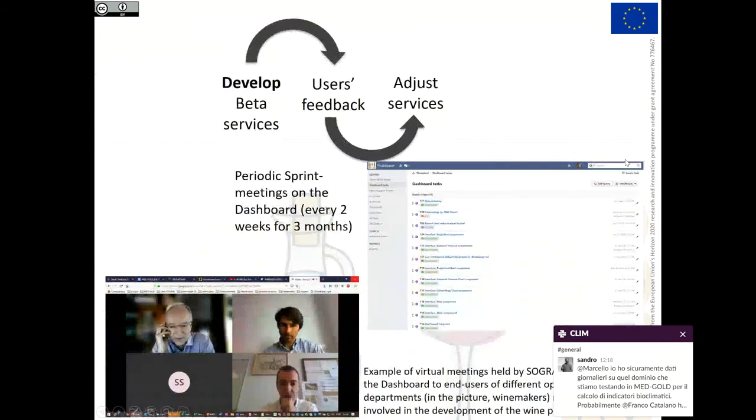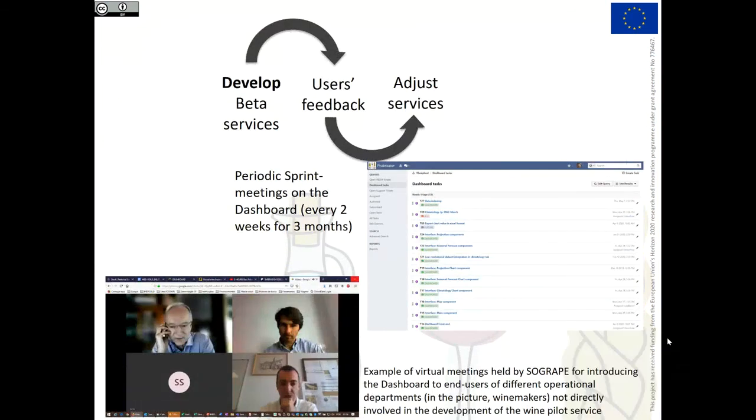And for sure, the work is not ended, but now we have had a number of meetings to present this service, and in particular the dashboard, to the users in order to obtain feedback to further improve the usability and possible utilization of this kind of service for the users, according to the methodological framework that we have adopted. And more or less, that's it from my side.